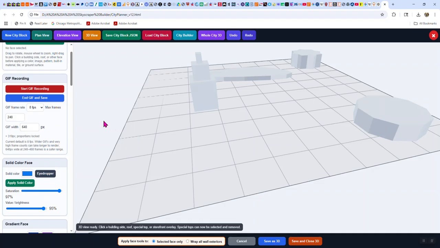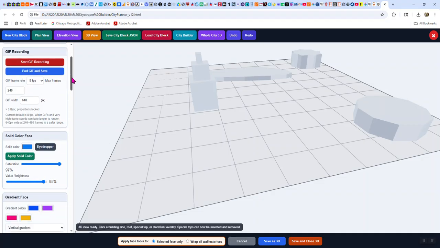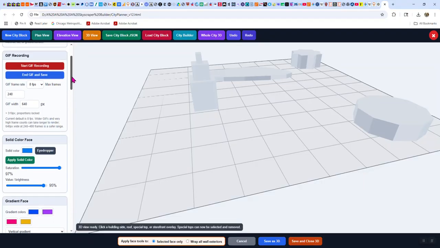Those can get big if you have a full size picture and a lot of frames, or if you try to record for a whole minute or 2 minutes, it's not going to work very well. So you can adjust the frames per second and the size of it. You put in how wide it's going to be, and it automatically adjusts the height to match television or screens or whatever. But anyway, at some point I'll try to add recording a regular video like an MP4.